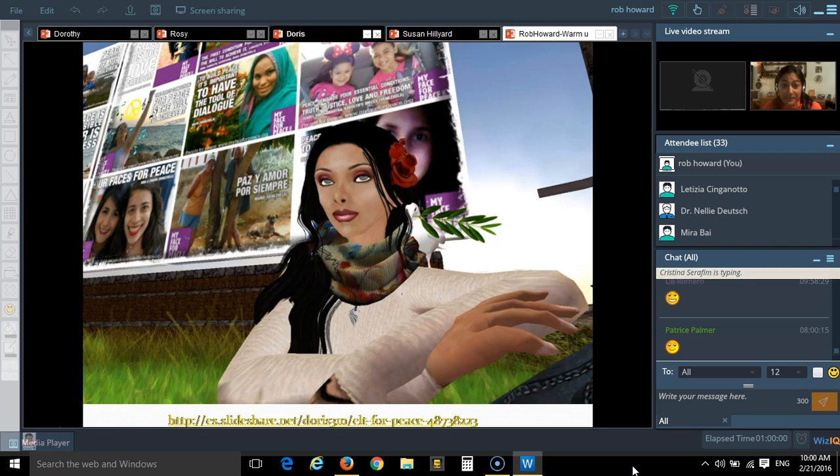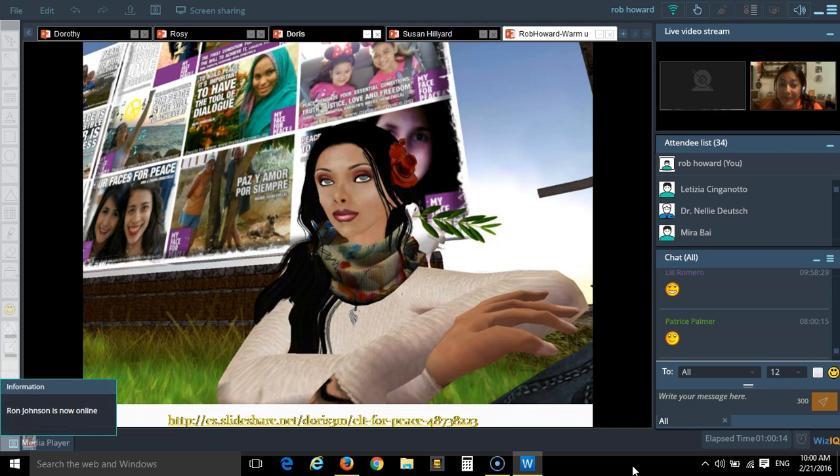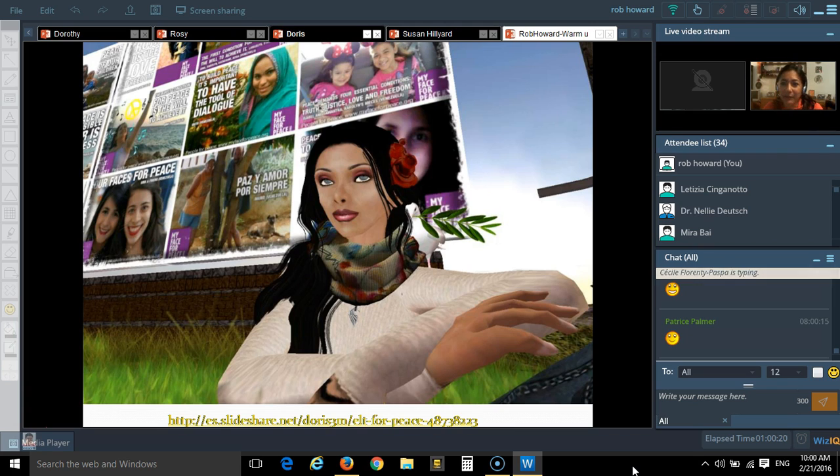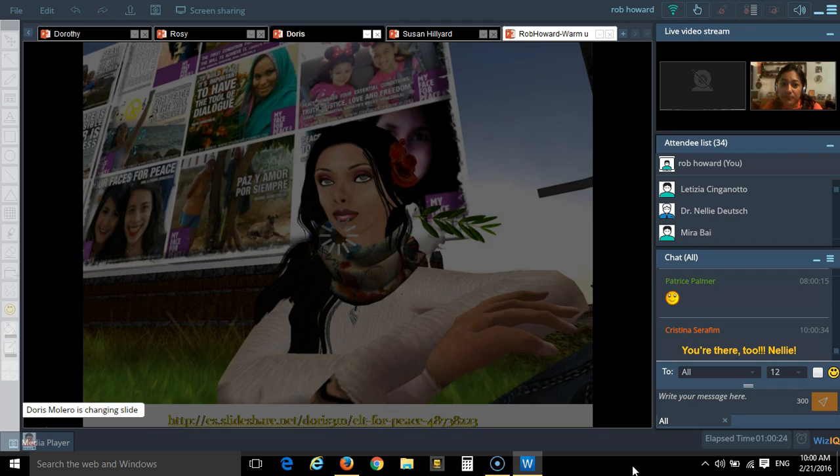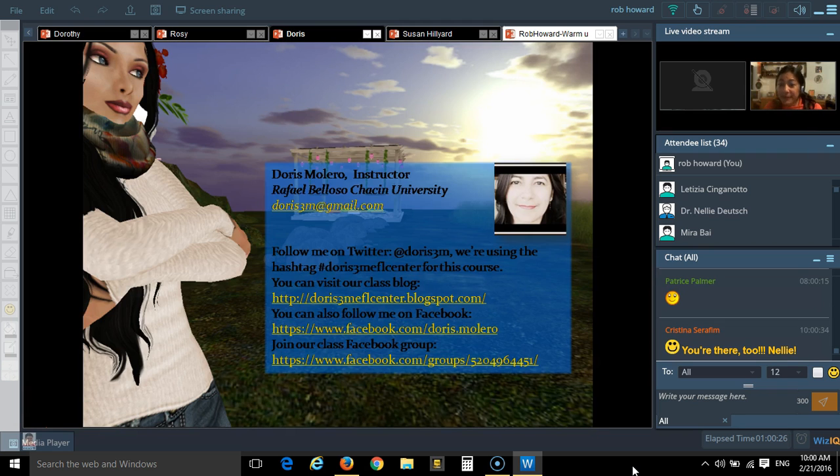And you can see this is my avatar. Her name is Dionia Destiny, and this is part of the exhibition of the posters in Second Life. So you're invited to come here. We're going to have a Second Life MOOC. So if you're interested in 3D worlds, jump around, come in. And we'll give you some ideas on how to use virtual worlds and bring your students. So to finish, well,